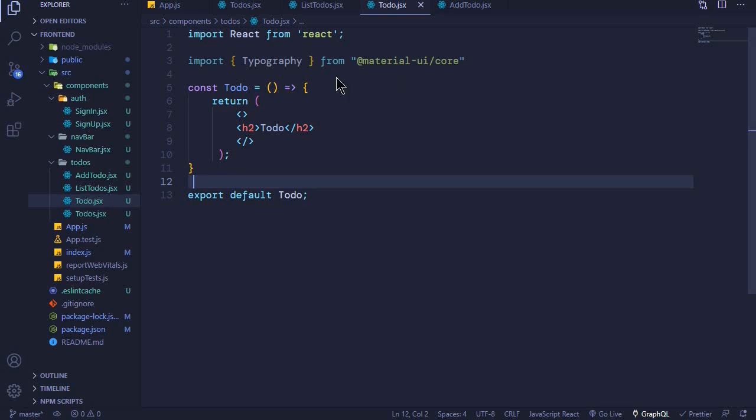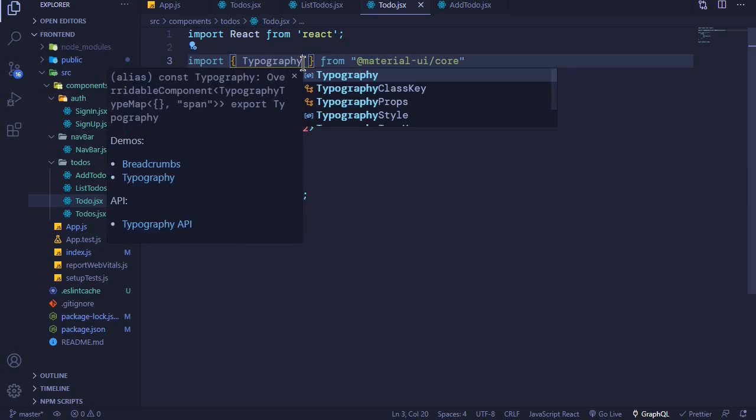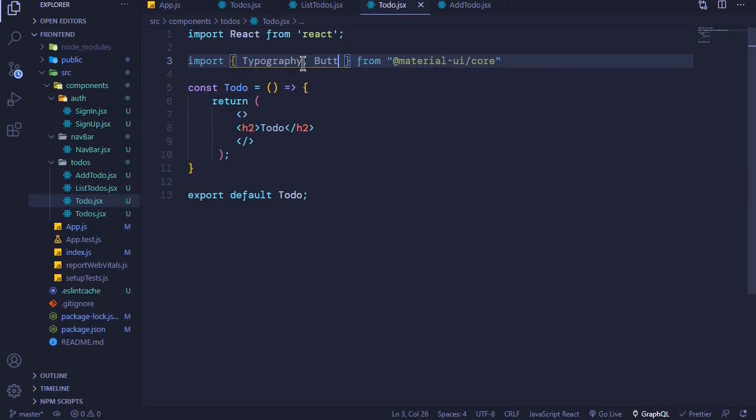We will need to import several components from Material UI core. The first one will be Typography. The other one will be Button for our buttons, and then we'll also have ButtonGroup. So this will be for our action buttons. So ButtonGroup,